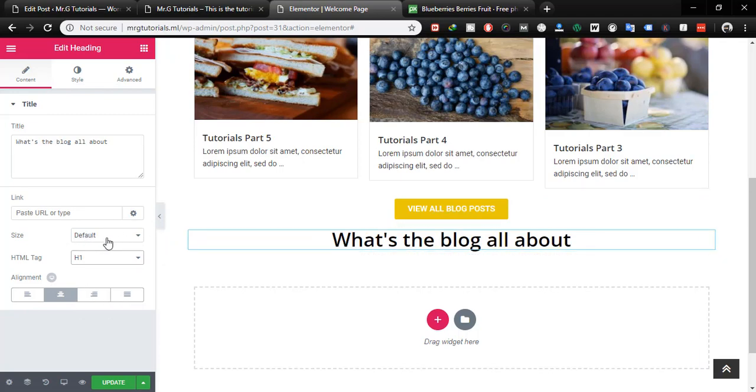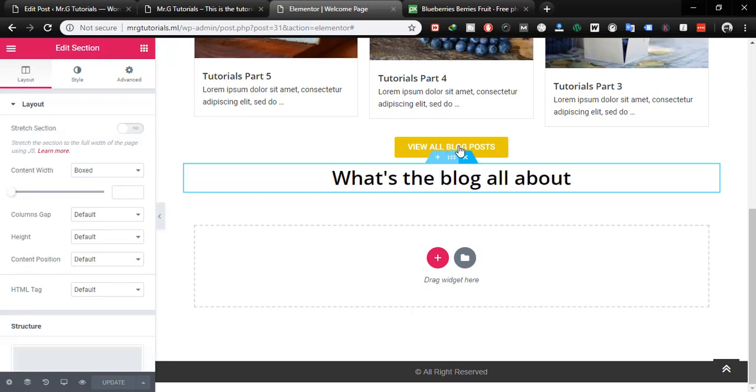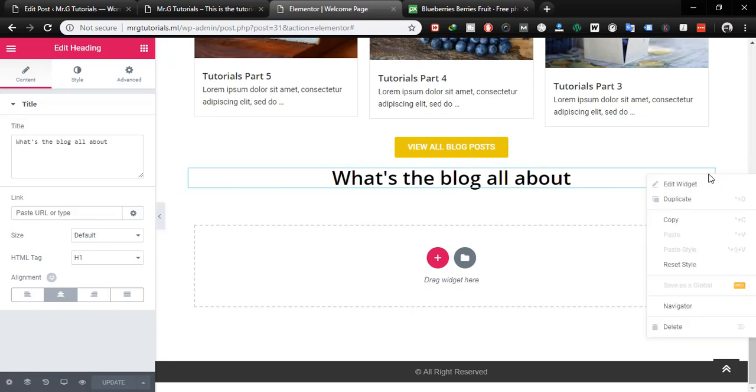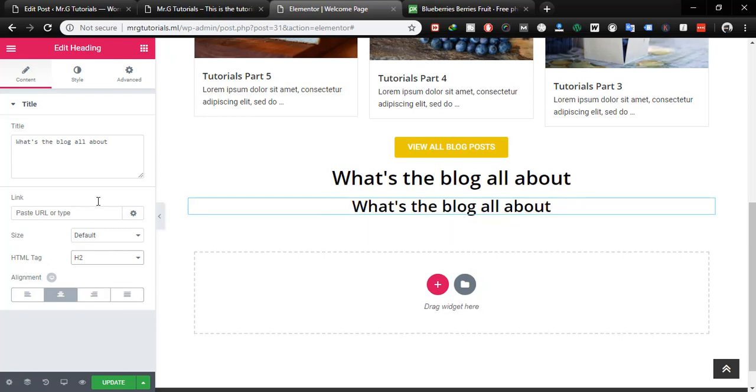And let's try to add, or how to duplicate this part. I'm going to update that. That's an H1, and let's try to duplicate this. How can I duplicate this section? Actually, there's a duplicate section right here, if you will. There it is. Just need to right click and then duplicate. And this one we're going to use H2. What's the blog all about. The subheading